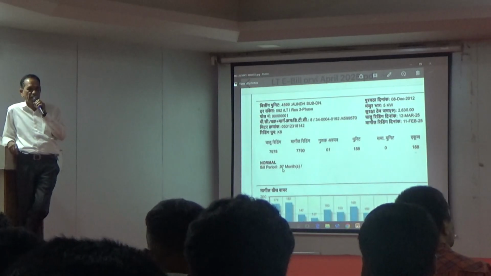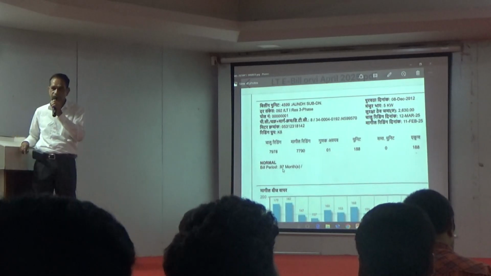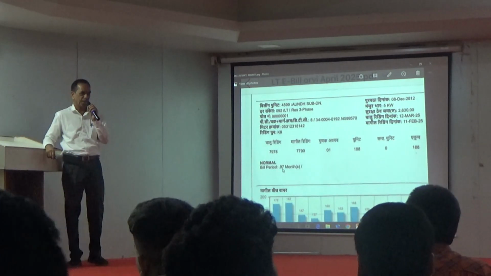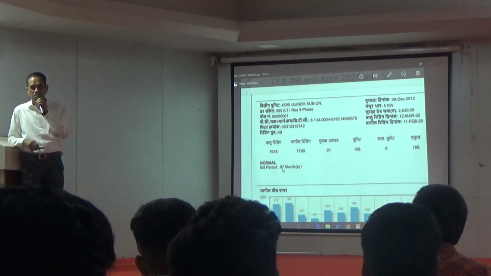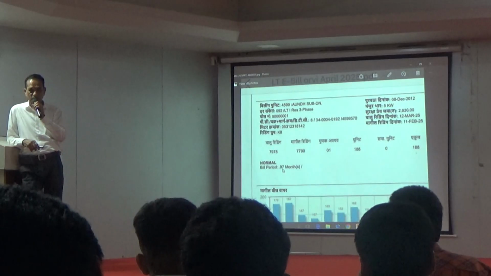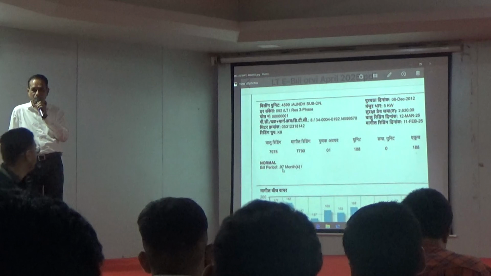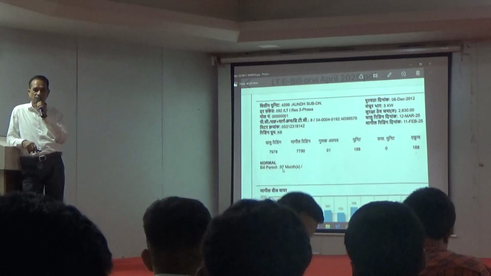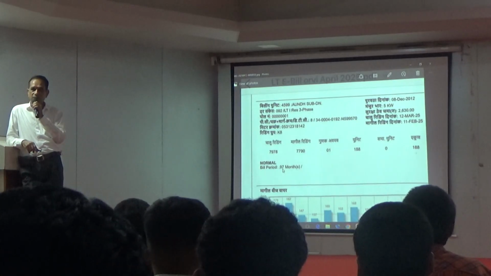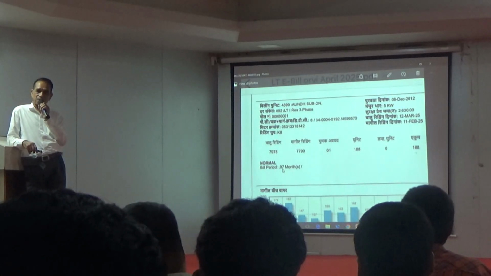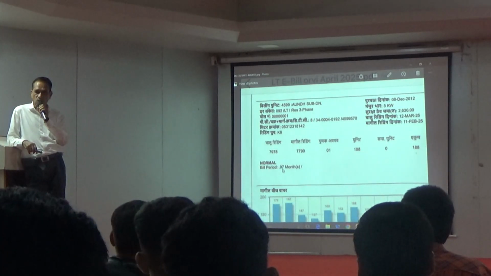If you carefully see the electricity bill, there will be one column called units consumed. So how many units have you consumed per day? Now this particular screen shows 188 units consumed. If you look at the bottom, there is one graphical comparison: which month, how many units are consumed? And as a thumb rule, in the months of March, April, May and June, the consumption is maximum because all the fans are running all the time and the fridge is running at full throttle.